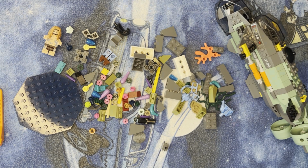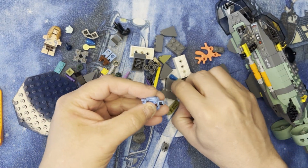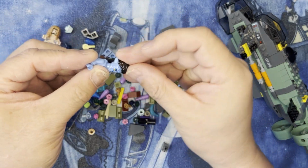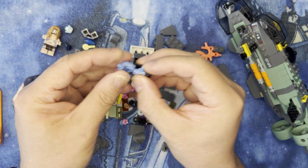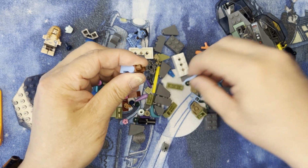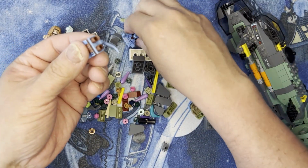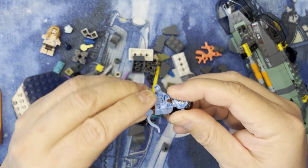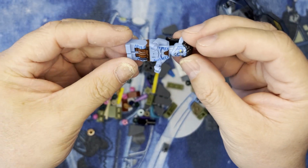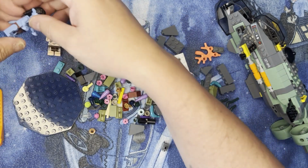All right, so we are going to build this character. I'm gonna get this guy and his head. And we're gonna have another minifigure for you, so you should get excited about that. Okay, so what I need to do is I'm gonna put this down. I'm gonna pick this up. And this is his tail and his feet. And then I'm gonna put this together like that, and we have a minifigure. Look at that. That is amazing. Oh my gosh, with the tattoos and everything on his body. All right, we'll put him over here next to